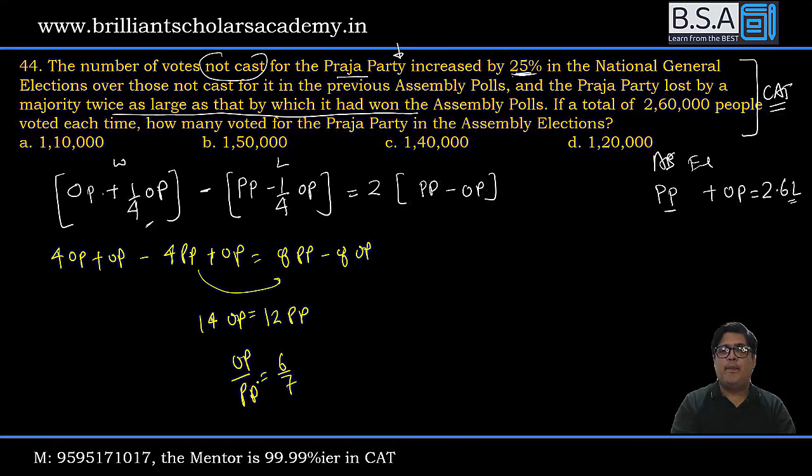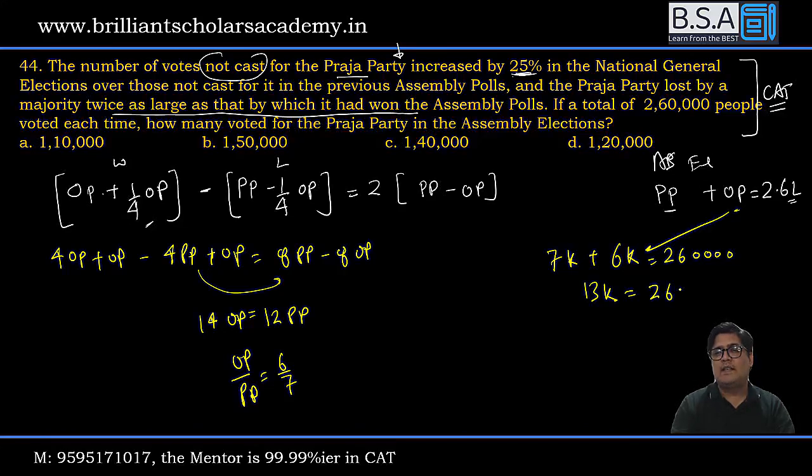So can I say opposition ka vote looks like a multiple of 6 and Praja Party ka vote looks like a multiple of 7. Addition of both is equal to 2,60,000 votes. इधर क्या है, 13K is equal to 2,60,000 votes. So यहाँ से 13 cancelled,